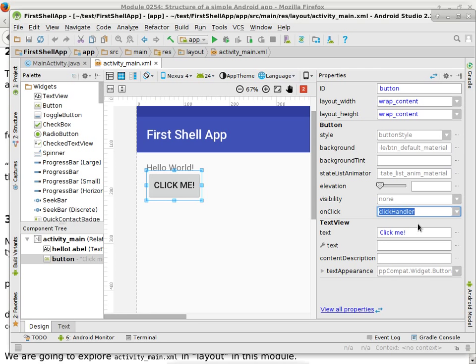Okay. So one of the things we'll do today is to figure out how do we associate an event handler or event listener to a particular thing so that we can change that on the fly anytime we want to in Java code. In other words, what if this is not here? Can we still specify what needs to execute when this button is clicked? That would be one of the